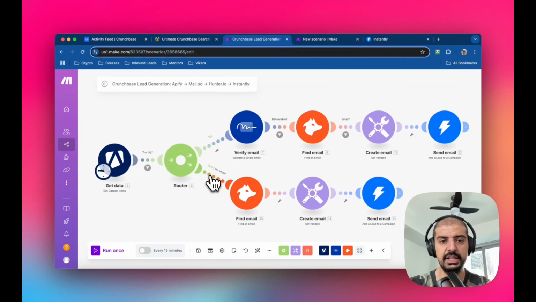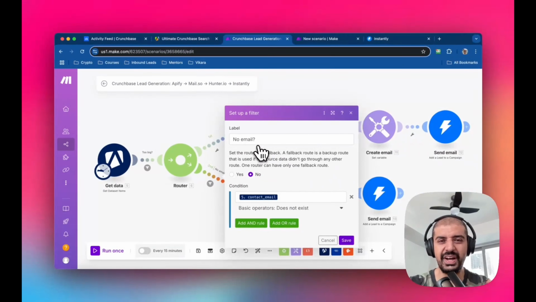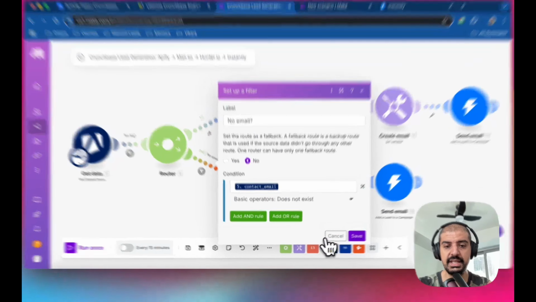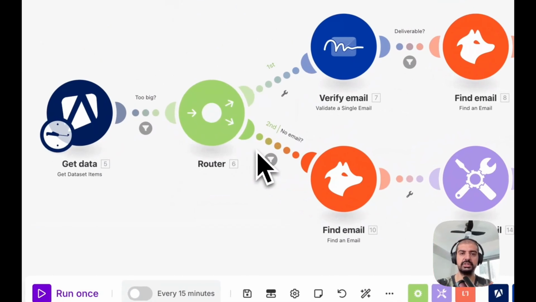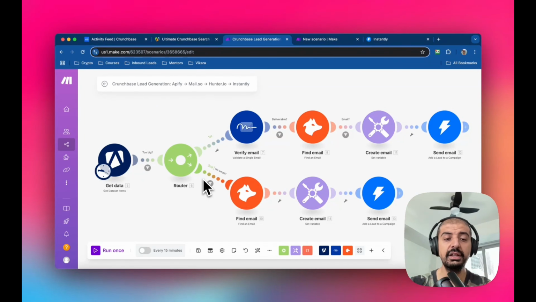Okay, so the second flow is where there's no email address, right? Sometimes what you'll see in the Apify scraper is it will say something like unknown, unfound, or a null value, which means that there's no email address. So for this instance, I don't want to leave the opportunity on the table, right? I want to squeeze as much juice out of this prospect as I can. So even if they don't have an email, I'm still going to try and find them